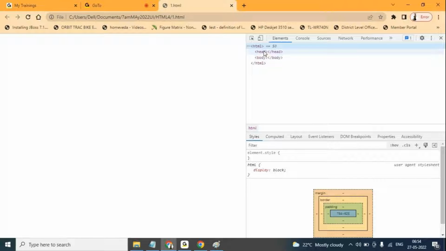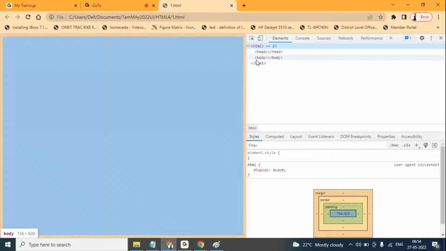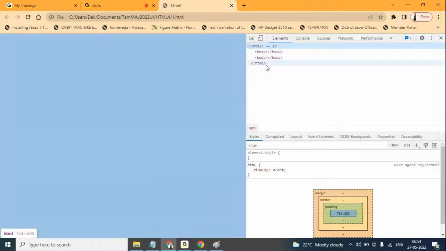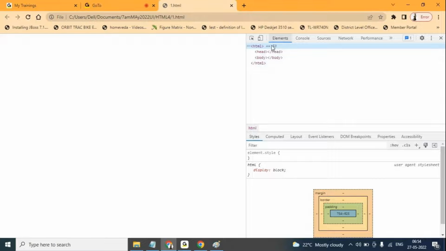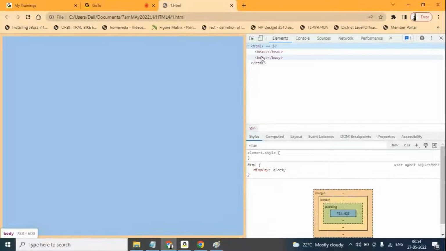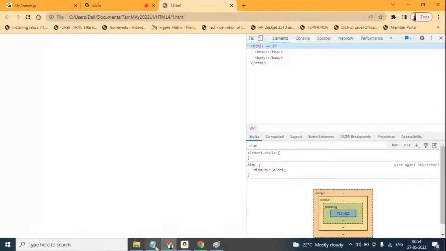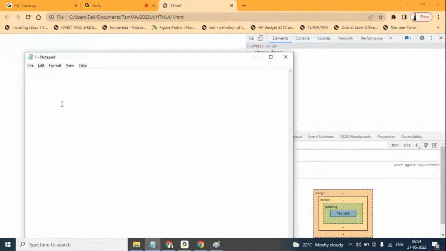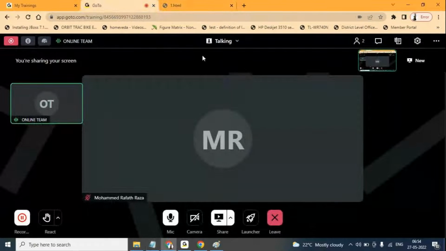Here what I am doing is, if I write the head tag... actually I'm not writing any tag here, but even though the browser is giving this type of content. According to W3C, if you save any file with .html, by default the browser will give you this code. If you start writing your program, generally we start it with